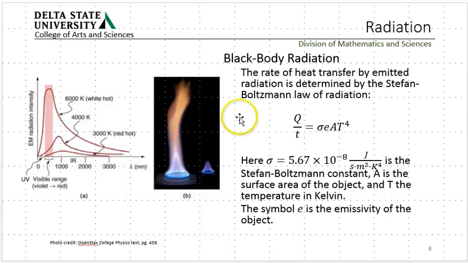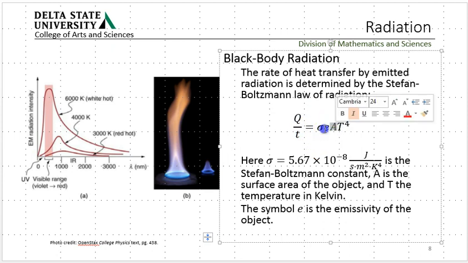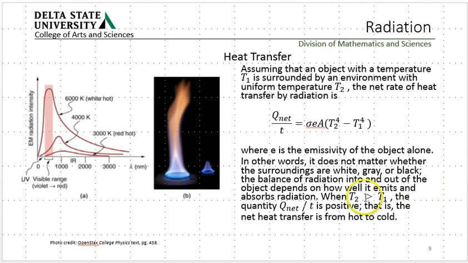And in this is something called the Stefan-Boltzmann constant. But we're not going to really worry about it. There's the area of the object, there's a quantity called its emissivity, which is really how much does it reflect or absorb light, and then the Stefan-Boltzmann constant. The key thing here is this goes as temperature to the fourth, and this has to be Kelvin, right? When you're talking about it, it has to be Kelvin. And we look at the net flow of heat out or into an object due to blackbody radiation, we end up with this equation where